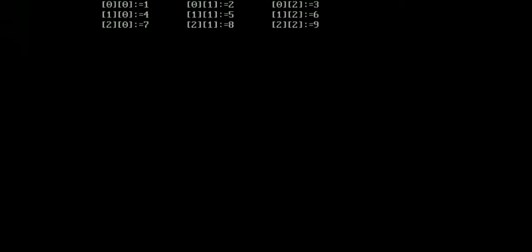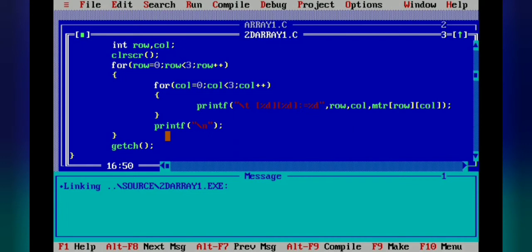So here the first box shows your row value and the next box shows the column value. Then this is the data of the first row, and after that the next row. The next row number is 1 and the column number is 0, so at the second row the data will be stored, that is 4. Like this the data has been stored in the row and column index. So this is the output of our matrix program. It is visible in tabular form, and because we have given the \t, the space is coming between them. Now we'll press any key to come out of this.